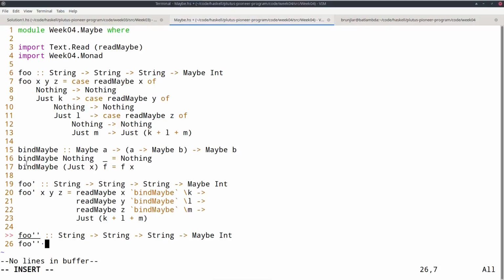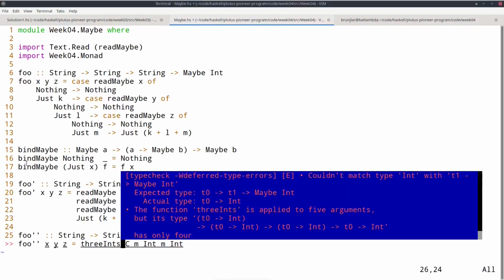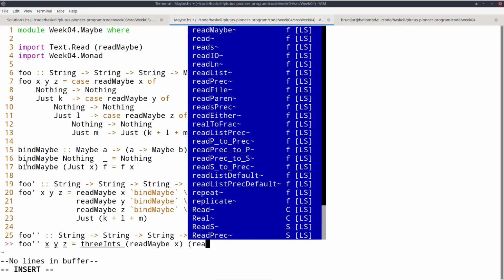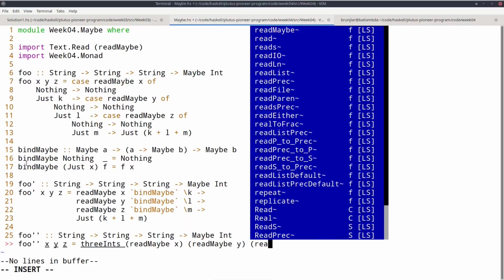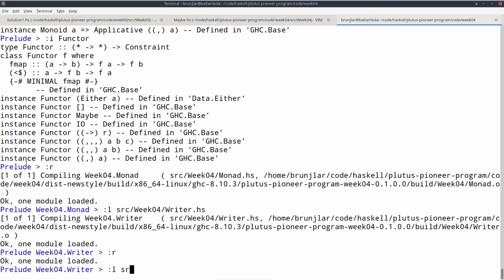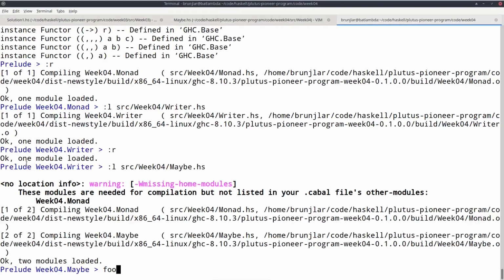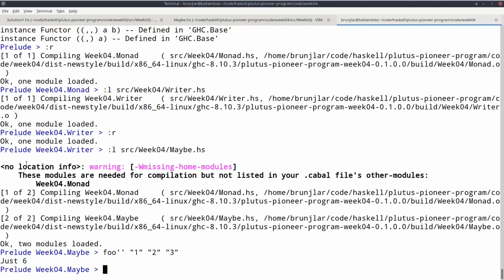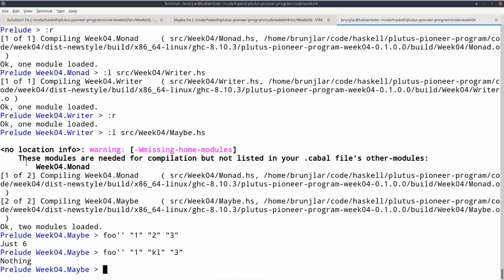Using the 3 ints function that I defined in the monad module, I can turn this into a one-liner: read maybe x, read maybe y, read maybe z. Trying it out. So foo 1, 2, 3. And again, I get just 6. And if one of those is not parsable, I get nothing.